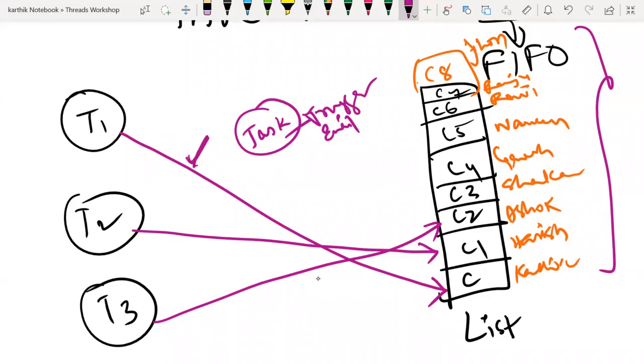Yes. So similarly, T2 thread is executing, triggering email functionality on Harish. T3 thread is executing, triggering an email functionality on Ashok. Am I right? Yes, sir. Now, assume that these 3, in order to complete this triggering an email, generally